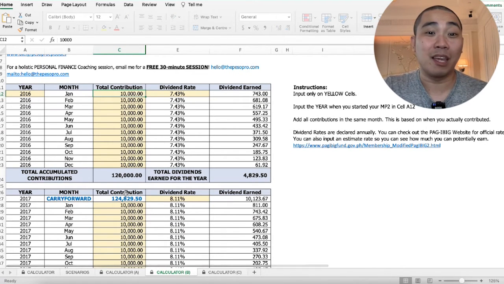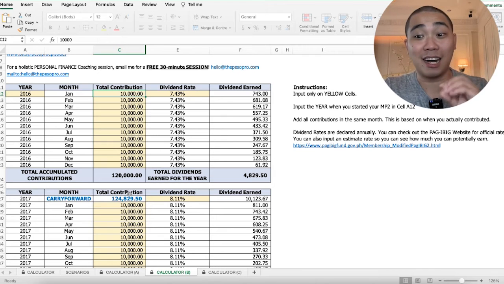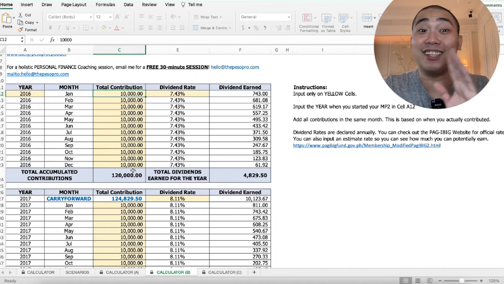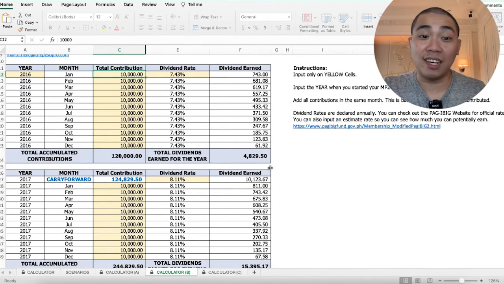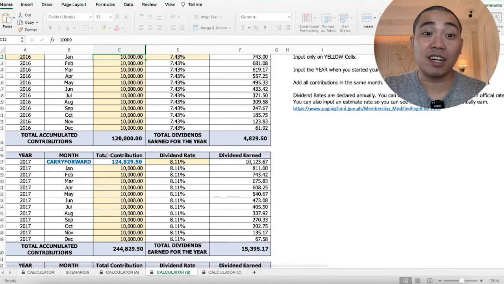Not bad. But, this is also to help clarify kasi yung iba nalilito na akala ko ba yung dividend 7.4? Bakit 4.8 lang ito? Parang hindi naman yan 7.4% of the 120. Hindi po talaga kasi yung 10,000 nilagay nyo ng pa-buwan-buwan. So, paunti-unti. Kaya siya na po prorate. Then, this 4,829 carries forward into the next year. Magsa-start ka with 124. So, itong dalawa, nag-add lang.